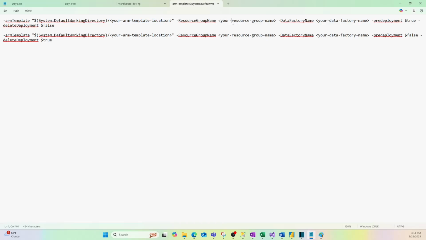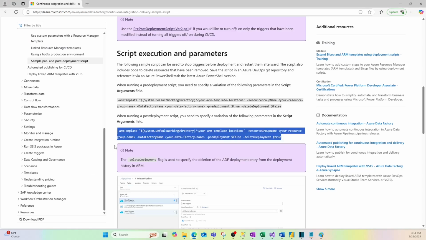So location, resource group, and then data factory name. So I'm gonna save this one. Let me go here, and then